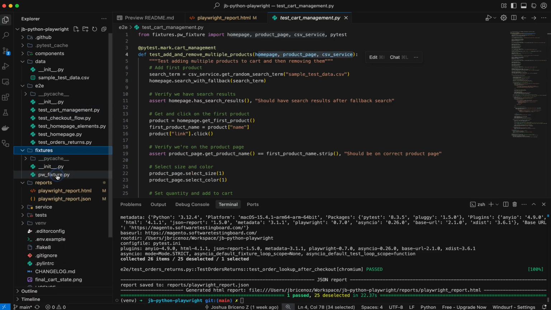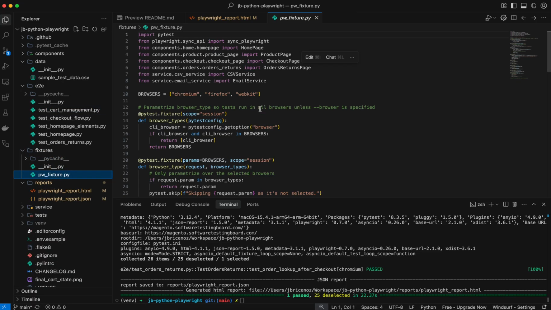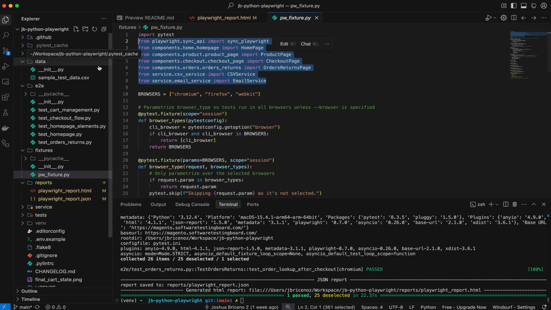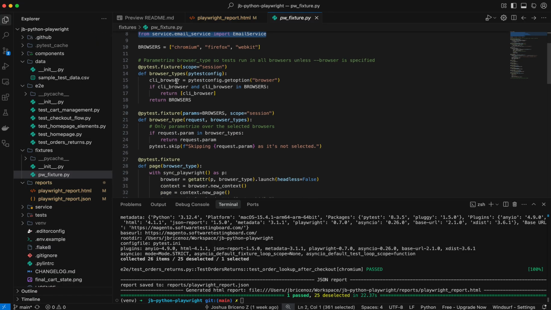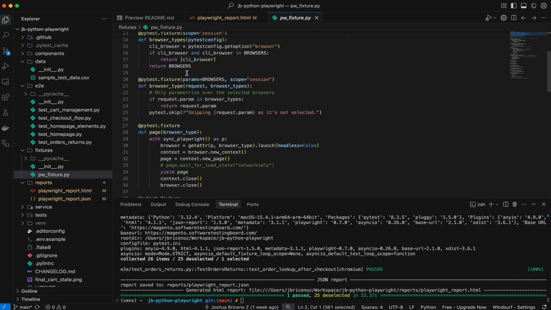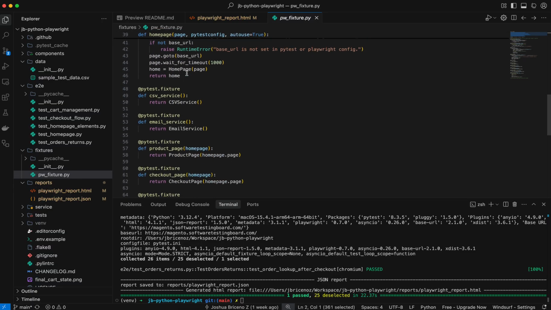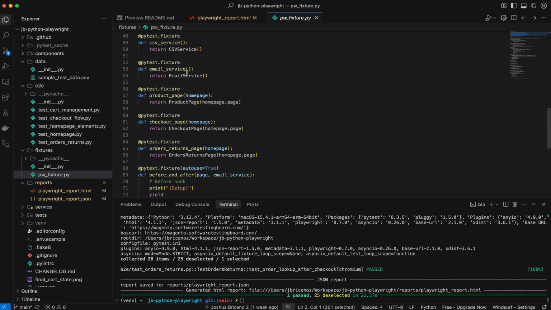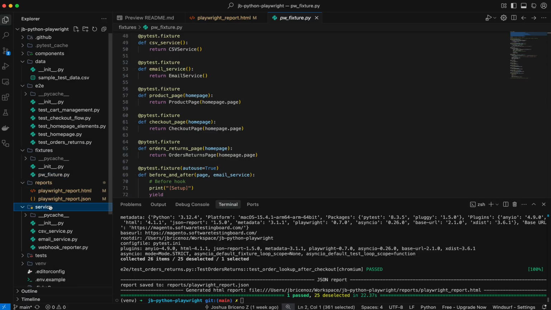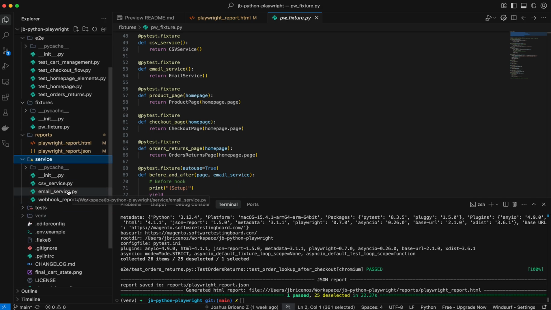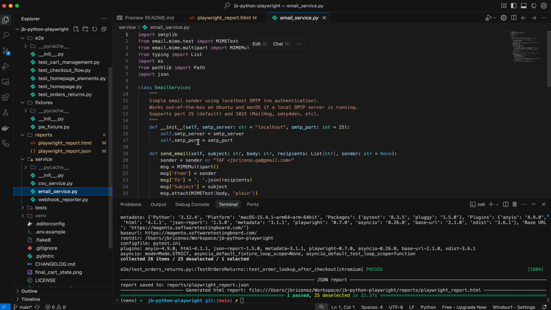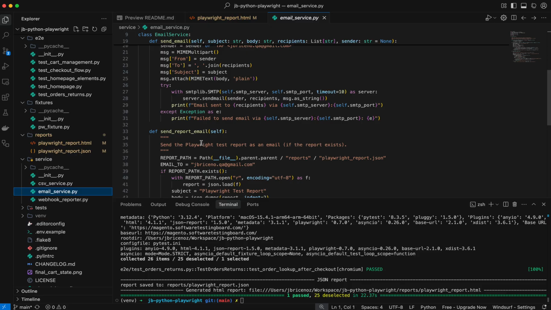So feature looks like the feature file specifically. We are importing all these things here from the components and generating, using the annotation by the feature, some of the configurations needed for having a singular entry point for the base driver, normally named in Java Selenium code. Then we have services, which is basically generic functionality for, in this case, sending email, CSV